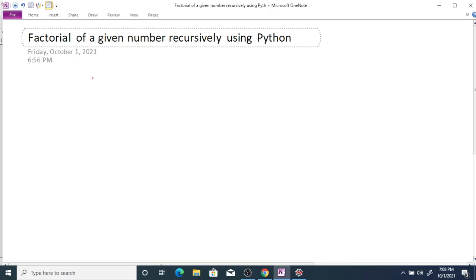Factorial of a given number recursively using Python programming. We know that the factorial of a non-negative integer is denoted by this symbol. Suppose n is the given non-negative integer, then its factorial is denoted by this symbol, and it can be calculated as the product of all positive integers which are less than